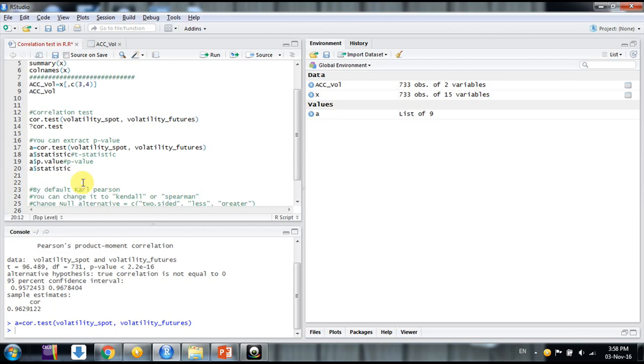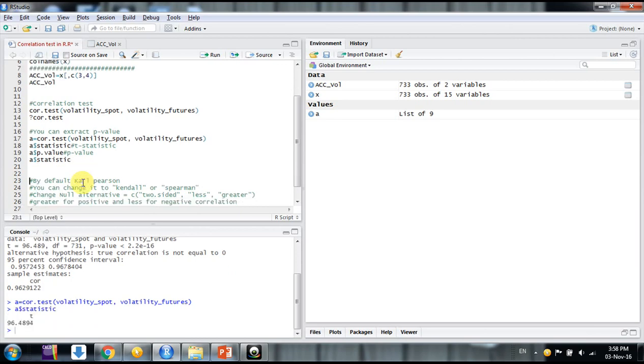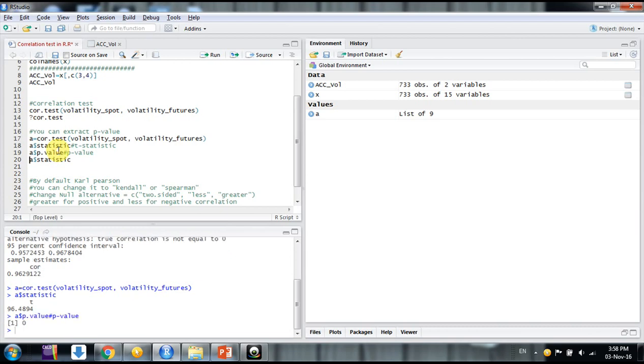So statistic, enter, it's 96.48, and generally we take the p-value out also, it's almost 0. So we reject the null hypothesis and say in favor of the alternate hypothesis that yes, they are highly correlated. 0.96 is the correlation between them.